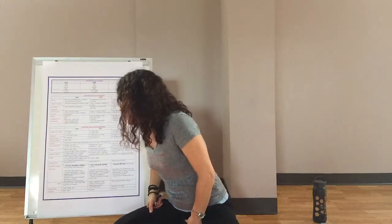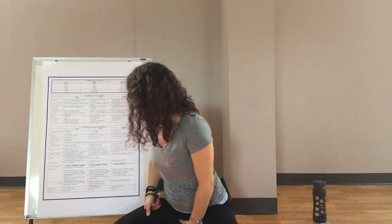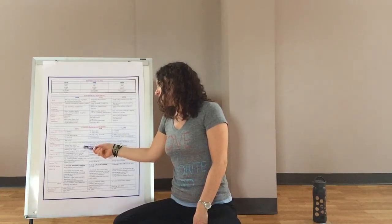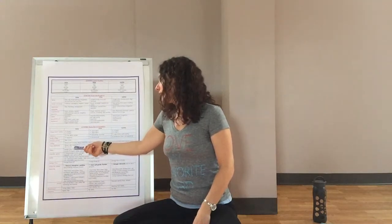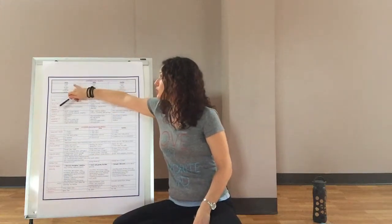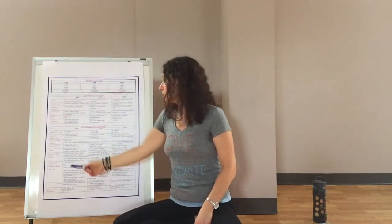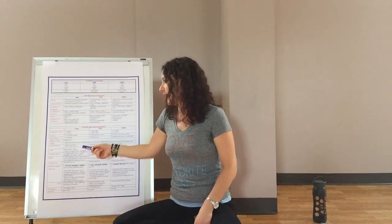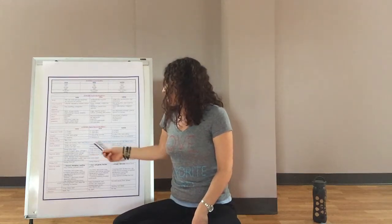Okay, so food emphasis. This is nice and high level, and we can't go into it in depth, but I'm going to give you some tips. Vatas will want to eat warm, so an ice-cold salad with raw, hard-to-digest vegetables may just need to be steamed slightly. Warm, oily, and heavy. You just want to balance out the nature of vata with the food. So you want to avoid cold, light, and dry. An ice drink with some dry crackers is not ideal for the vata. It's going to take from the moisture and the oil in the body. Okay? Pittas will want to focus on,